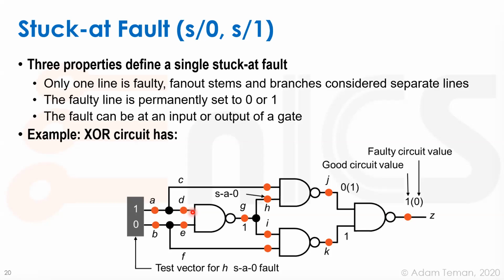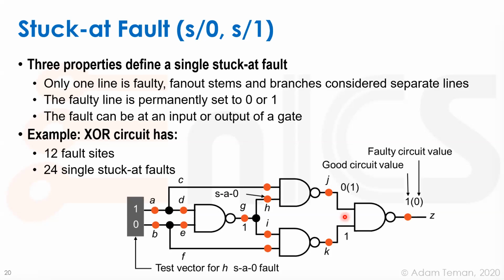And those are three separate faults actually, because if one of these wires changes and it's part of this gate and not part of this wire that's connected between all of them, it would only affect this gate and it wouldn't affect this gate. So that's why we have to take these fan outs and separate them and consider each one of these points as a different potential fault site. So if we take this circuit here, all of these red dots are potential fault sites that we have to check and test. So there's 12 fault sites in all in this type of a circuit,